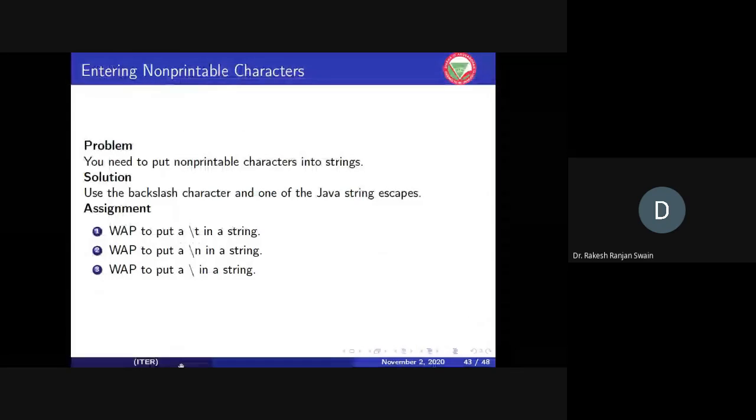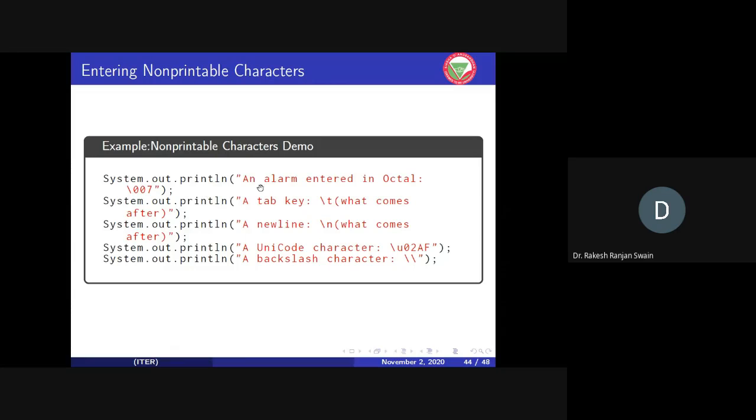Use the backslash character as the escape, that is \t, \n and then backslash. Again, for octal, you have to write like this. Different types of codes are available for octal. Similarly, \t is available for tab, and \n for new line. For Unicode, different types of codes are available, like this \u02f, which is nothing but your question mark.